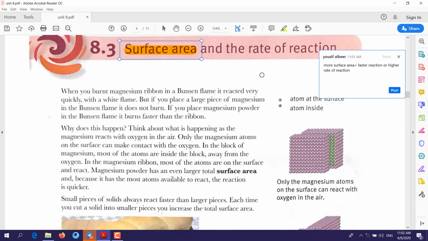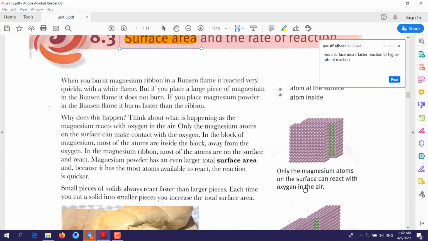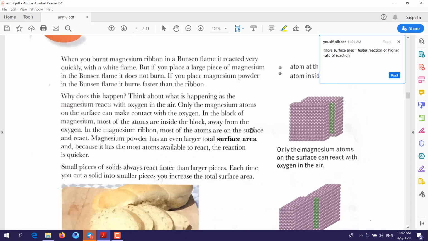In other words, when you have a question about how surface area affects the rate of reaction, you will say the more surface area, the faster the chemical reaction will be. But if you have a question that says explain why more surface area leads to a faster chemical reaction,